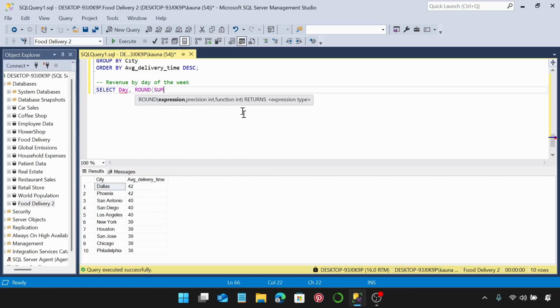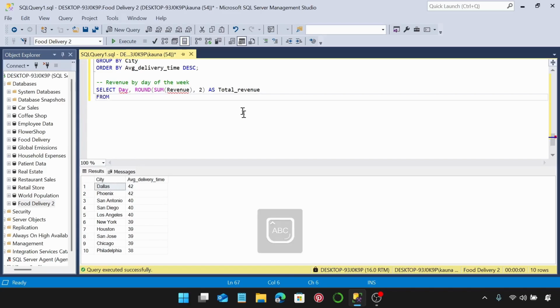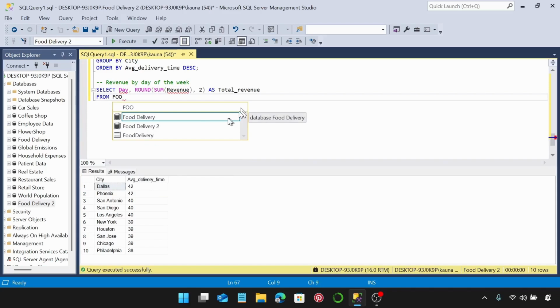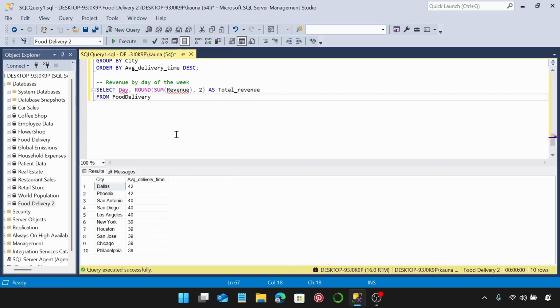I'm going to get the sum, and we're going to get the revenue, round it down to 2 decimal places as total revenue, and this is going to be from the food delivery table, grouped by